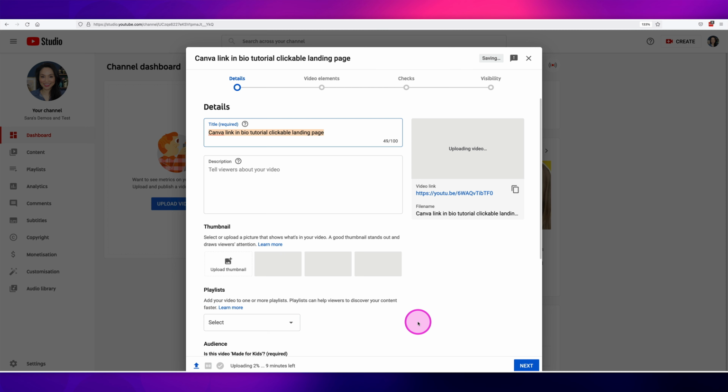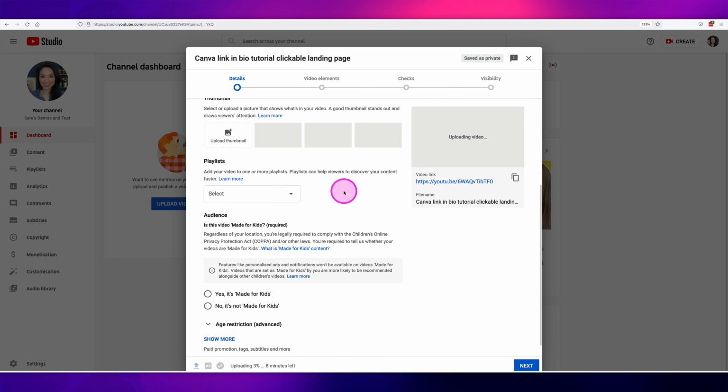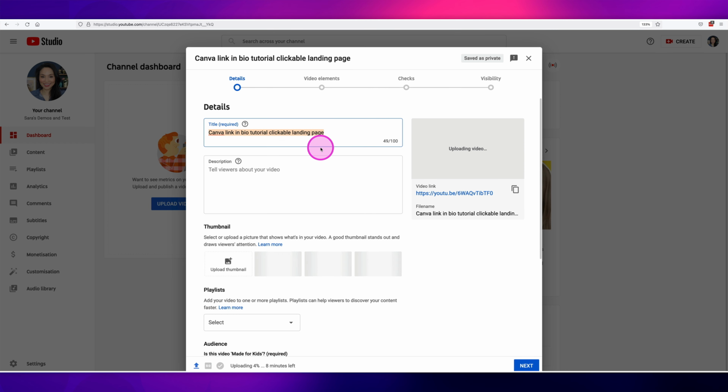You don't have to wait until they've completely finished to start adding all the components to the actual video. You can start making the changes here and go to next. And also keep in mind that as you're making these changes, if you make a mistake, it's okay. You don't have to commit to this permanently. You can save it as a draft and then make edits to it before you actually publish. It's going to be okay.